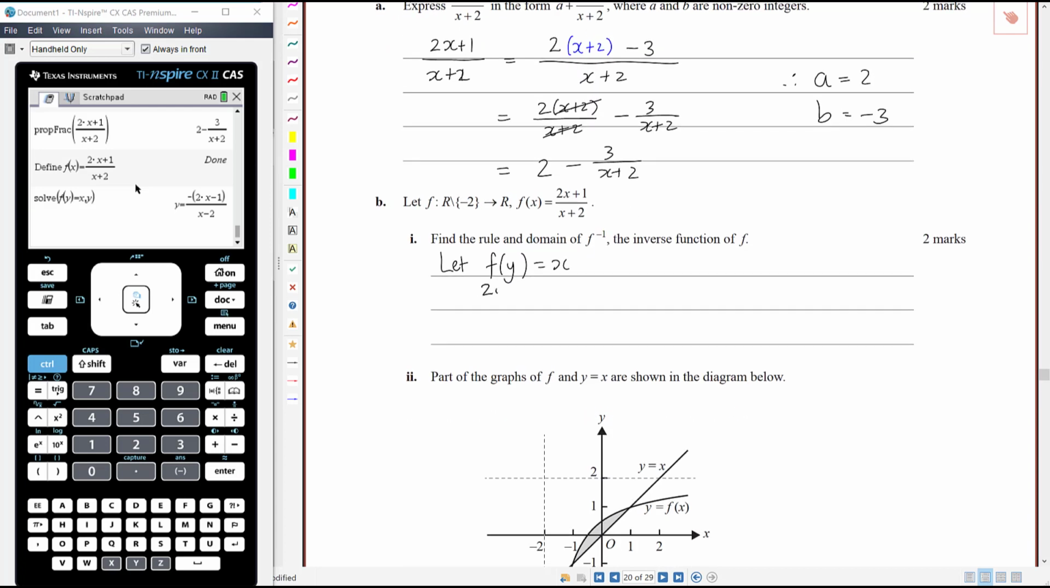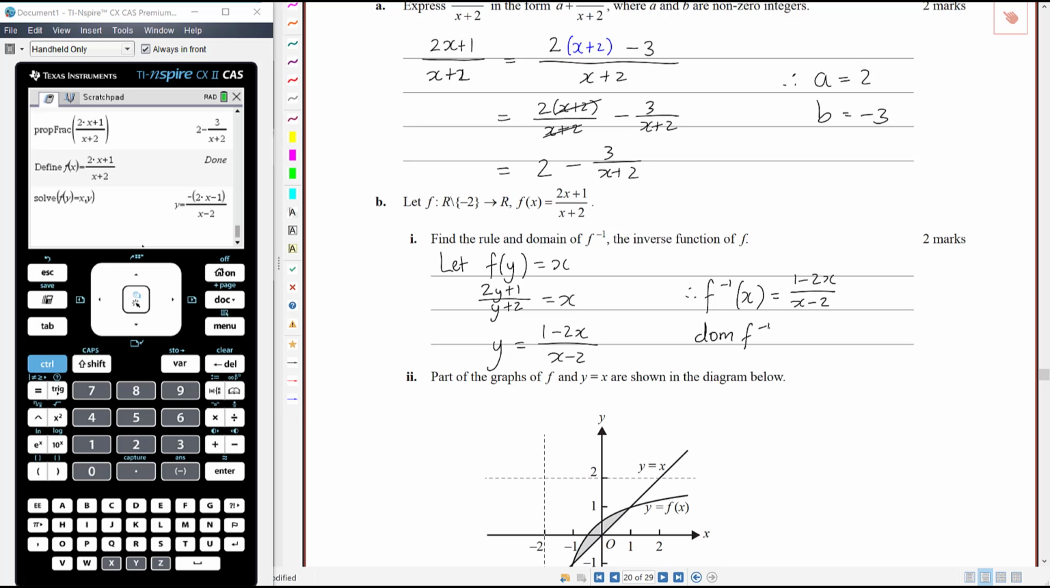That means we get (2y + 1)/(y + 2) = x, and it gives you y equals, now I'm going to expand that out, I hate the way it factors out negatives, so that is (1 - 2x)/(x - 2). Okay, so therefore the inverse function is (1 - 2x)/(x - 2), and the domain, so reading your